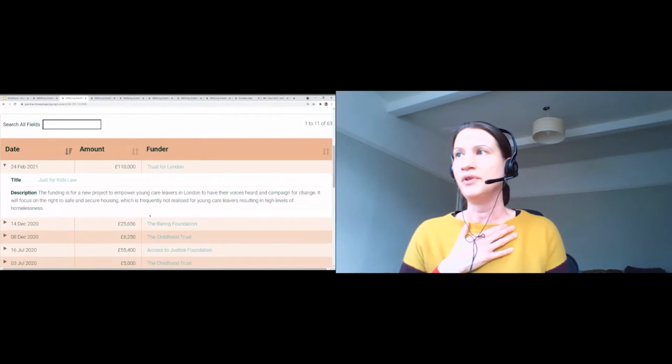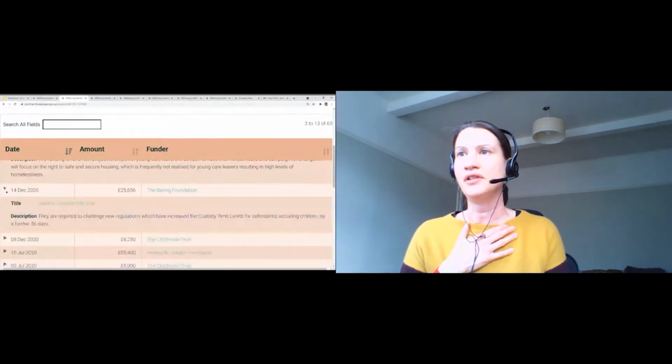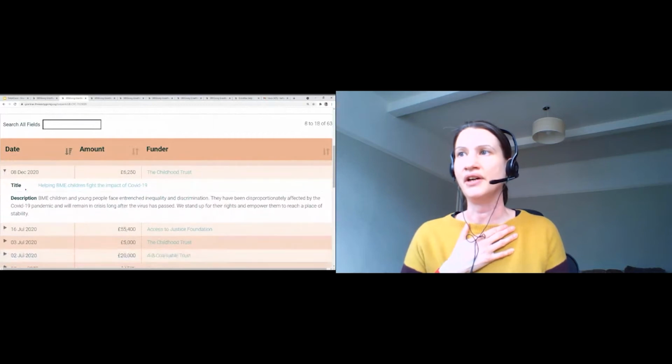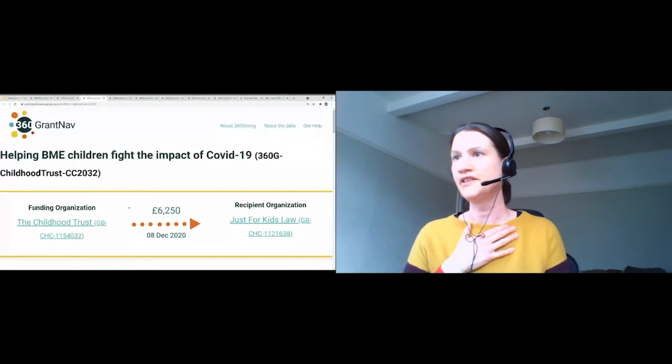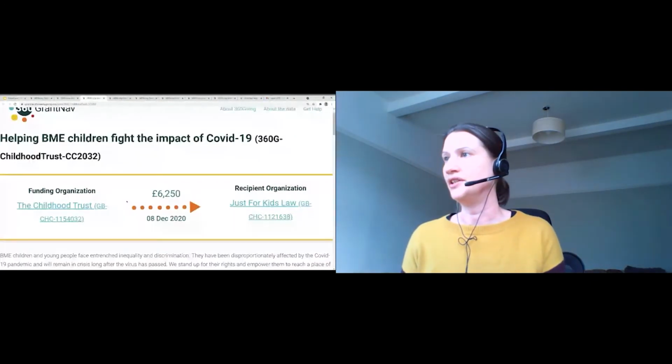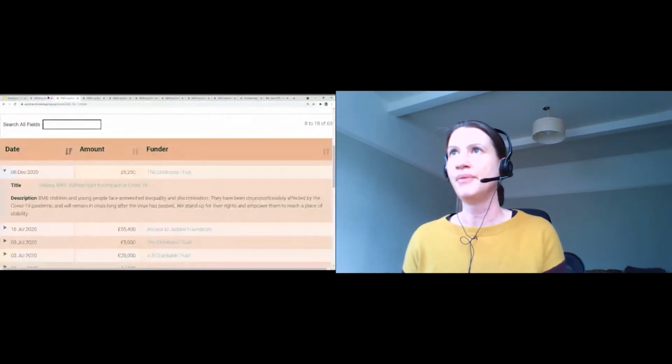And then you can open up any of these arrows to see a little bit more about the data. And if you click on the title, you can then look at the grant record. So this is a way to navigate around recipient organisations and find out relevant information. So if I go back to the main search,